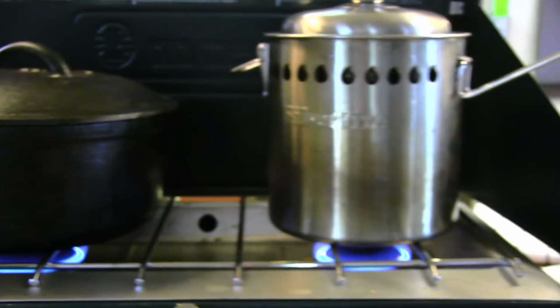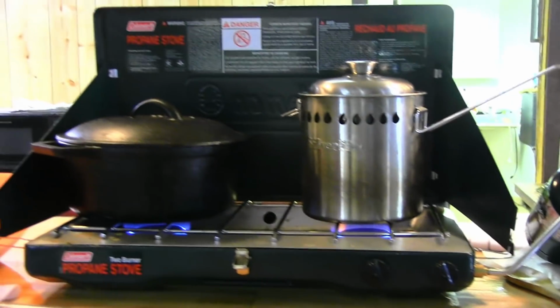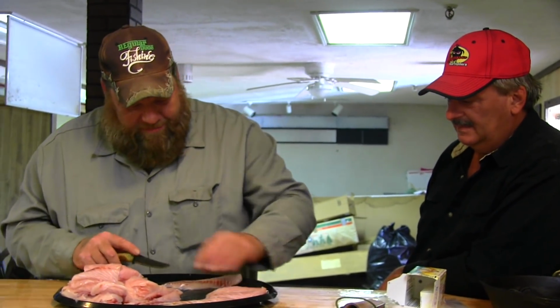I cut them into pieces that way when I start cooking, I can have pieces about the same thickness cooking. That way you don't have a thin piece that gets done real early and it's all dry and gnarly. Right. Easier to keep track of. For me anyway. I'm sure there's a lot of dudes that can cook fish like nobody's business, but I do